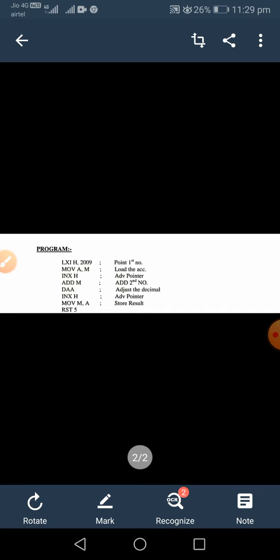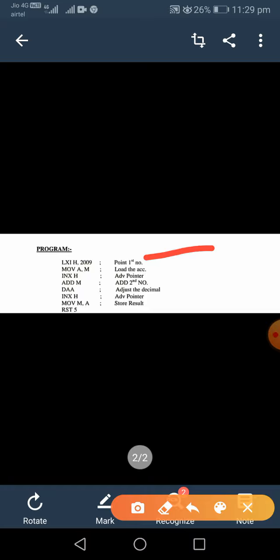Here in this program we will consider the memory location 2009, meaning the data stored in 2009 will be added to another data stored in 200AH. Here 2009 is the memory location which is stored in the HL memory register pair.